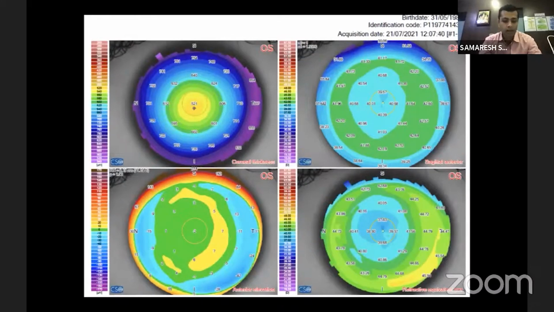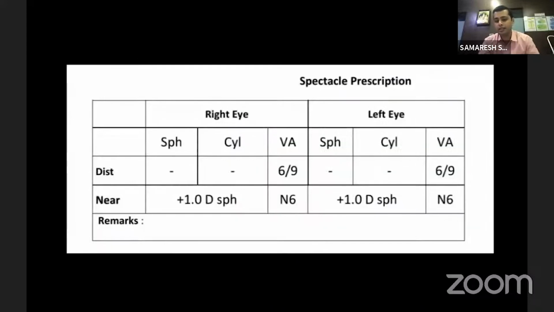Now, when we plan a cataract surgery, particularly for patients who've undergone any sort of corneal procedure, one needs to keep in mind that what you need to see is the pupillary area or the pupillary axis and the zone of the cornea within the pupil. And the rest of it does not matter as much. But in this case, since it was a wide zone ablation, we safely went ahead and did a surgery